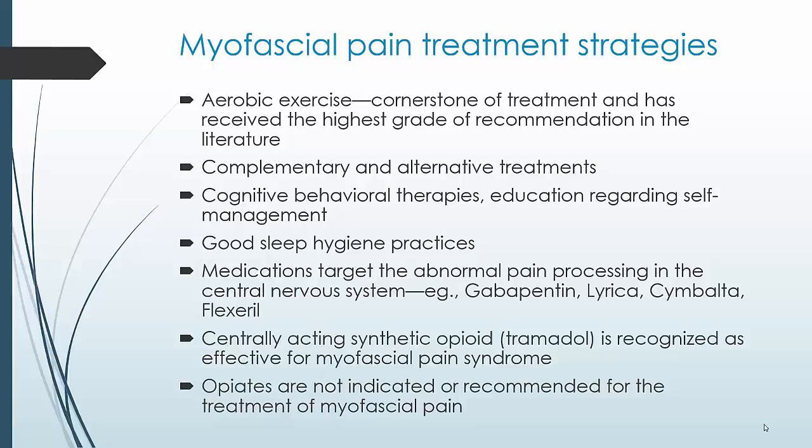The medications for this type of pain are different than, say, the DMARD medicines or any of the other ones. Sometimes they're added on to those in these patients, but they target that abnormal pain processing in the central nervous system. Those are just some examples. There is one pain medicine called tramadol. It's a centrally acting synthetic opioid, and it also works on some of those neurotransmitters,